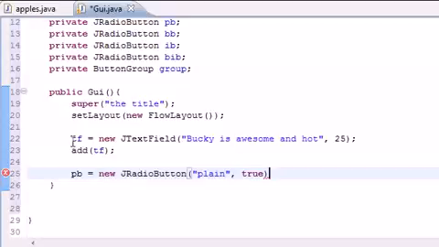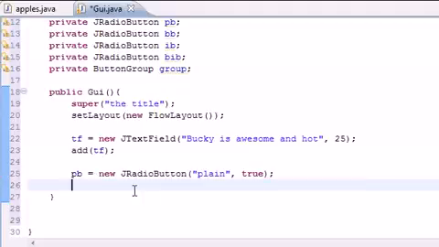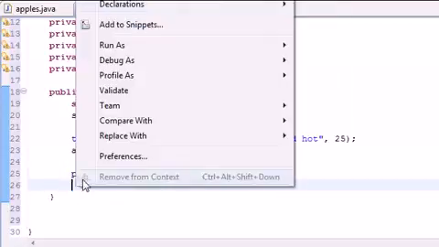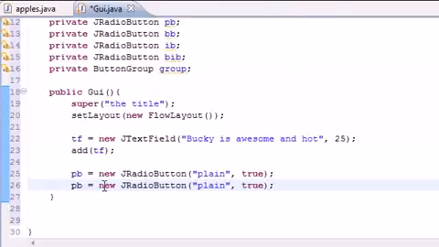Now, the parameters it takes for true and false are pretty much true is checked and false is unchecked. So if we're starting a relationship, we can only have one true at a time. So the first thing we want to do is set one of them to true, and later on it's going to do it automatically for us when we click it. But for now, let's just go ahead and copy this, and the rest of them are going to be false, by the way, since we only want one checked at a time,